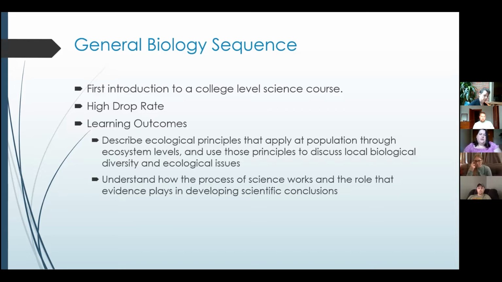For example, the first year I taught general biology at Ellsworth, we had 3 sections of general biology 1 in the fall, and we lost about a third of the students when we moved into general biology 2 in the spring. And so we see that continuously in this class with lots of students dropping or just kind of giving up